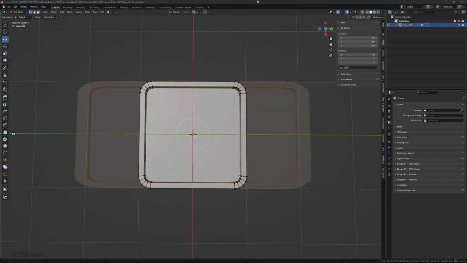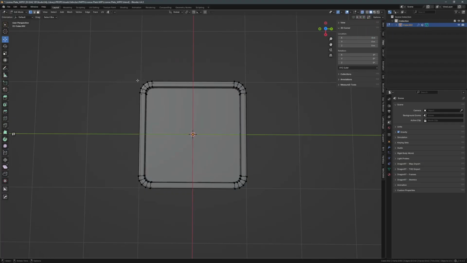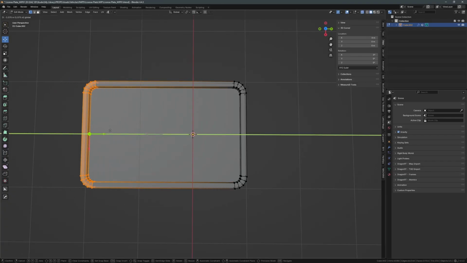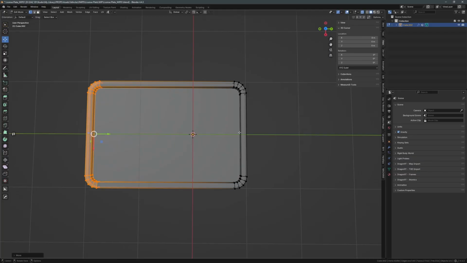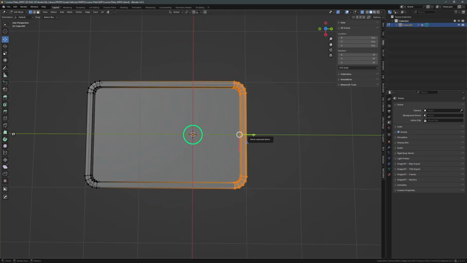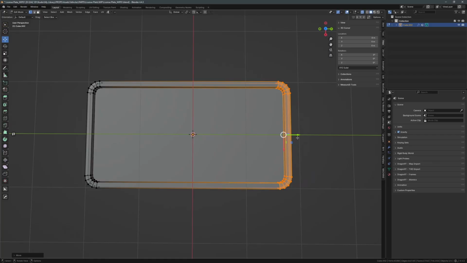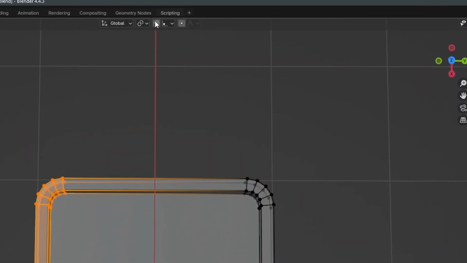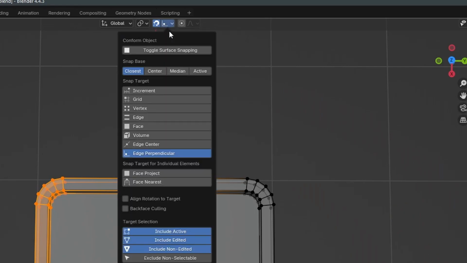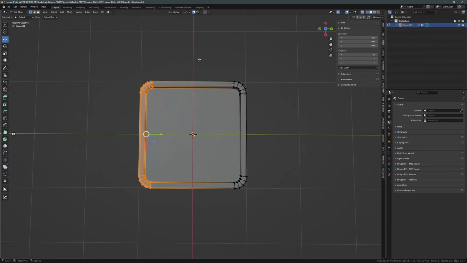But I can move the vertices of the left and the right side individually. To be able to grab all of one side's vertices, I switch on the X-ray mode. Now I box select all left side vertices and move them, but soon I realize that I need to move the left and the right side equally to keep the object's origin centered. Of the various ways to deal with that, I decide for snapping. I activate it by clicking on the magnet button and select Grid as snap target. Now the selected vertices jump along the grid lines and I can make the license plate symmetric.